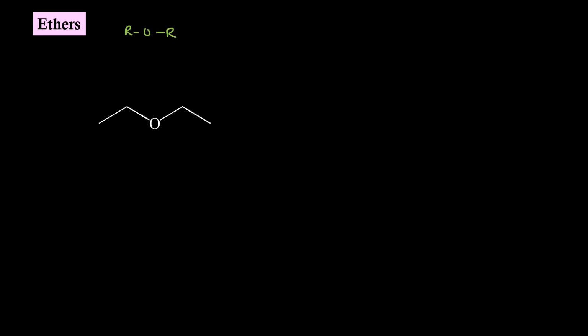This is a simple ether of the formula R, O, R. Both the R groups are the same, so we can choose any R group as the substituent. Let me choose this portion as the substituent, so this will be our parent chain. If we start numbering 1, 2, a substituent having 2 carbon atoms will be called ethoxy, and this ethoxy is sitting on the first position of our parent chain. So our secondary prefix will be 1-ethoxy. Root word will be eth. Primary suffix is ane. IUPAC name will be 1-ethoxy ethane.